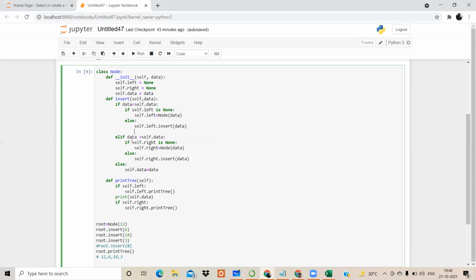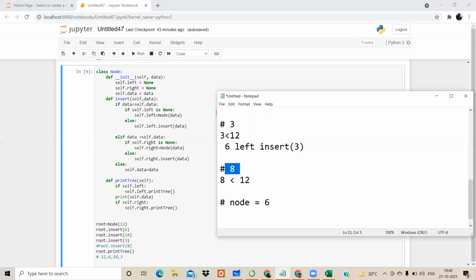First comparison with the root. So always first comparison root के साथ होगा. तो root के बाद next element जो भी है, वो अगर node है, तो node को वो root consider करेगा. It will consider the node element. I mean, जैसे यहाँ पे 12 के बाद 6 आया, तो 6 को वो root consider करेगा. And when it is adding 8, it will compare that 8 with 6. As 8 is greater than 6, then it will come towards the right hand side. So this is basically the logic that is implemented.